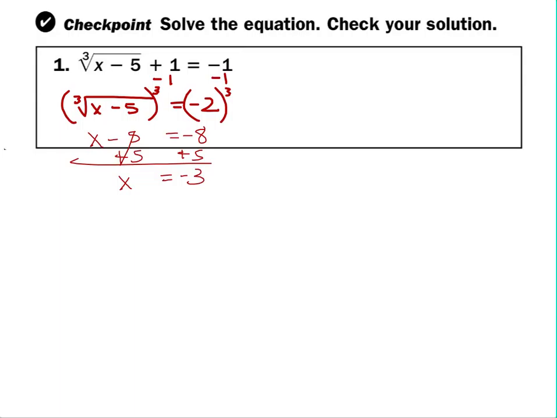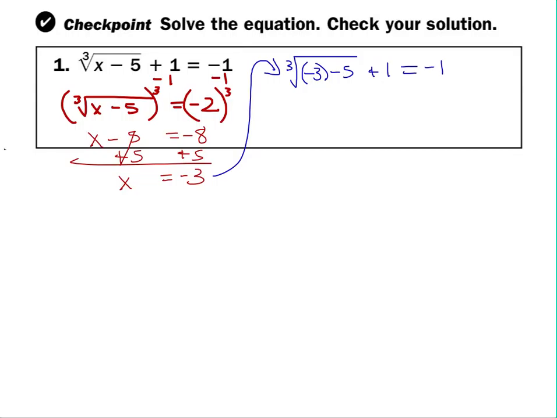Boom. That's it. Now, I want to talk about how to check it just really fast because it is going to be truly mandatory going forward. So I want to make sure that we're on the same page because it would be unfortunate to have you confused about this. So first of all, we're talking about cube root of, and then we think it's negative 3 minus 5. The root was too long. Plus 1